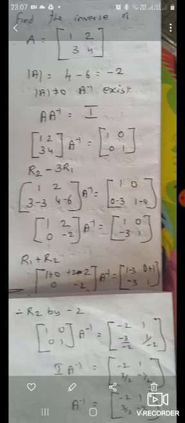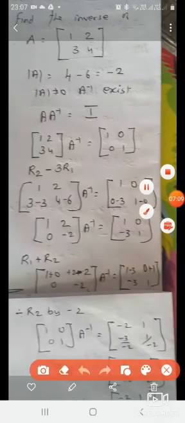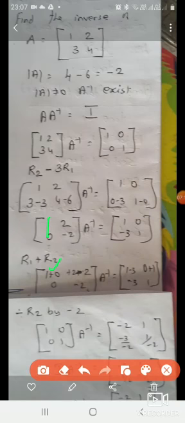A12 is plus 2. If I add the first row and second row, it will automatically go to 0. That's why we are adding R1 plus R2. Adding R1 plus R2, we are adding this 2. We are getting the value, listen, R1 plus R2. So it is 1. Minus 2 plus 2, 0. 0 minus 2. We are getting this value.